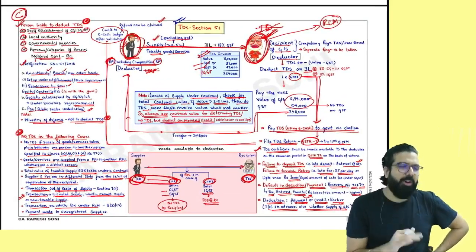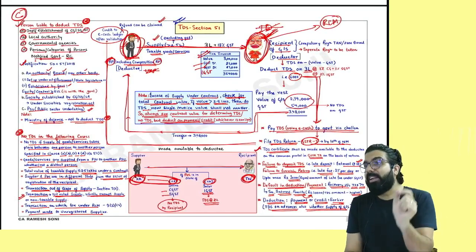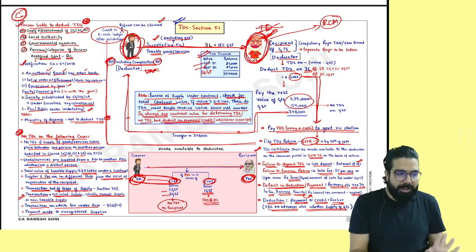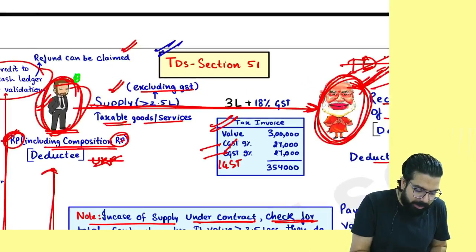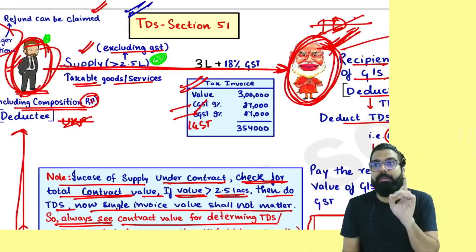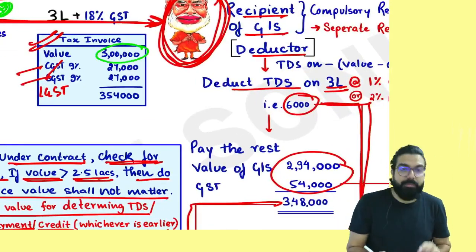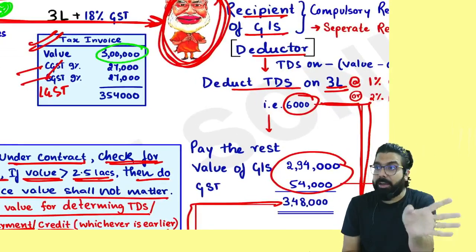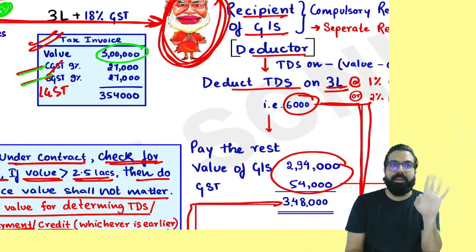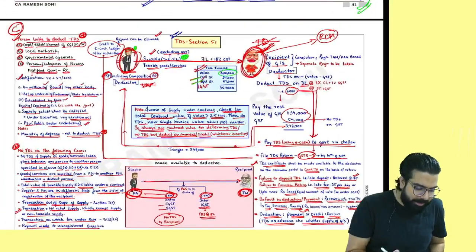People, this chapter, although I am calling it C graded, the reason is my belief that this time a question should come. But still, you have to remember from the exam point of view, only if you are a registered person, TDS will be deducted. Only when the value is more than 2.5 lakh, TDS will be deducted. TDS is always on the value and not on the GST. If you charge CGST, SGST, it is 1% CGST and 1% SGST. If you have charged IGST, they will deduct 2% IGST.